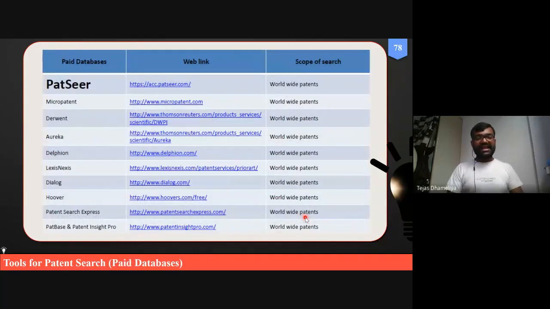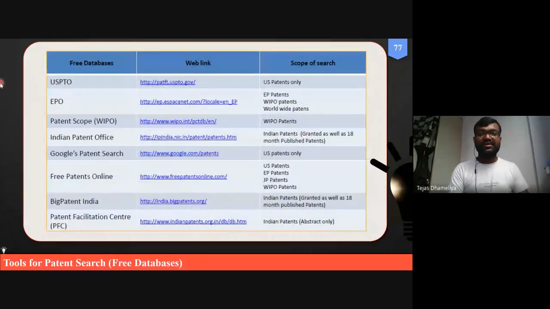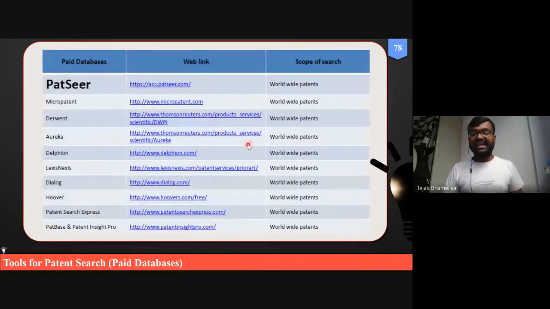Right? And these are the paid databases. So basically, if you look at USPTO, it has covered only the US. So even if you want to search the Indian patent database, this is useless. It may be that the patent you are going to file already exists in a European patent or an Indian patent. So these are limited databases since they are free. All their domains are limited, such as US, Europe, Japan or India. So the patent database and literature are limited.